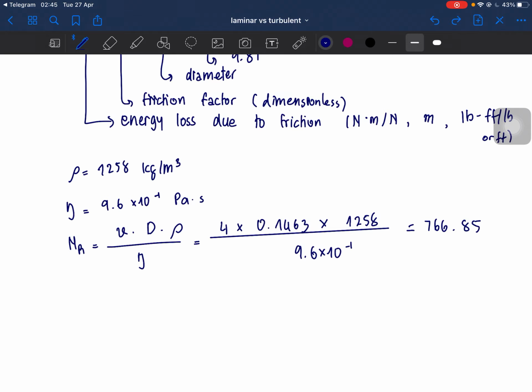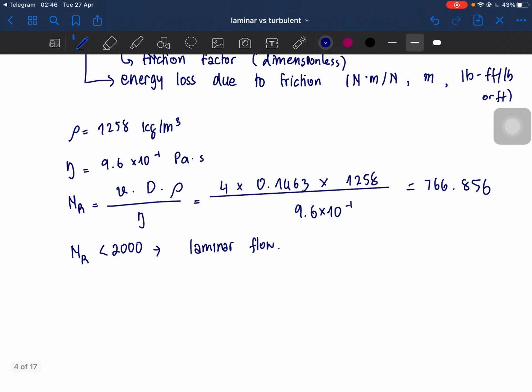I'll round this to 6 because the next number is 8. So we can conclude that NR is less than 2000, so it's laminar flow. Using the Darcy equation, we get